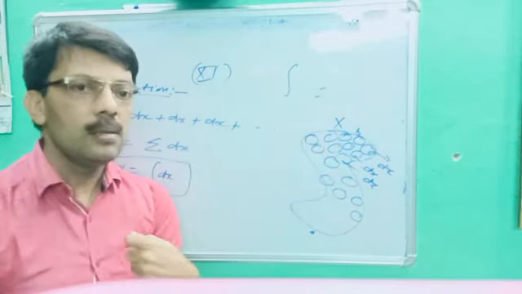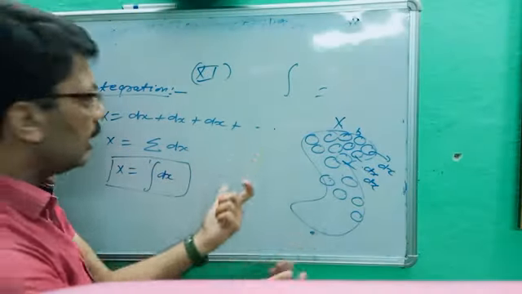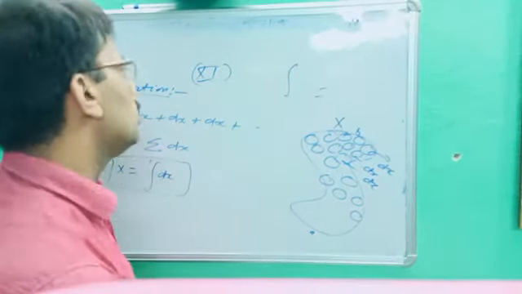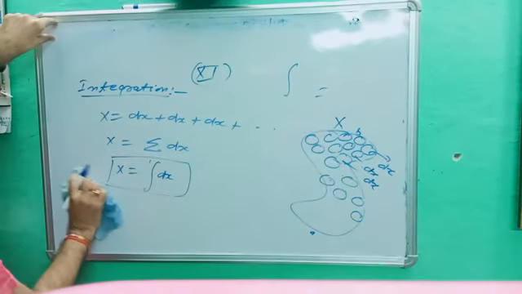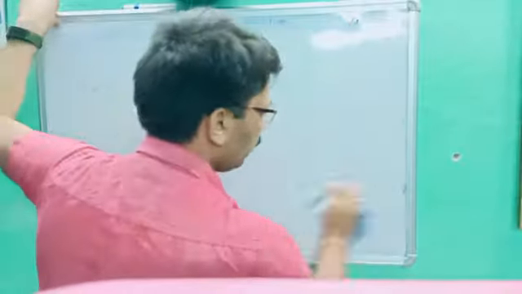Directly you take any element and you integrate it. If you get this symbol, it means you have to integrate that one and it becomes x. So this is the meaning of integration. Okay. Now there are some formulas. So first I will put the formula for this one. So that is the introduction.